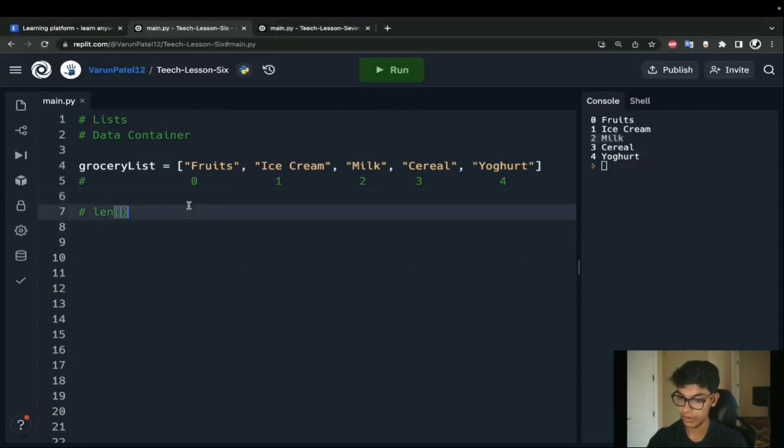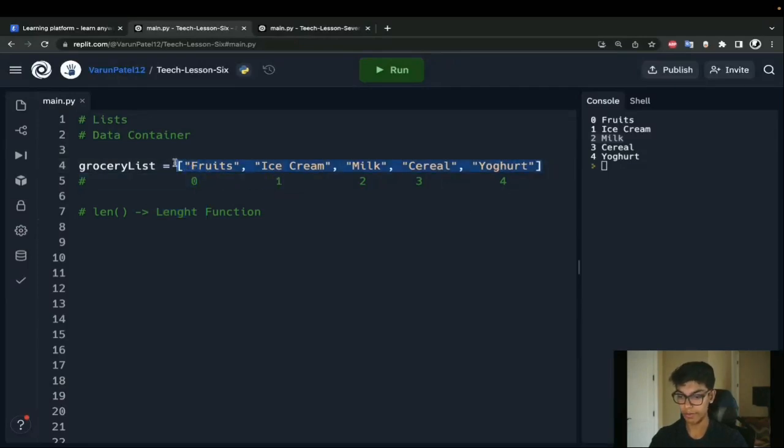So, len function. We're going to add this to our list of functions. So what functions do we know right now? We know our int function, our float function, our str function, our input function, our range function. Let's add one more to our sort of repository of functions. So this is our length. I think I spelled that right. Yeah. So you can probably assume that this length function, when given something, will tell you how long it is.